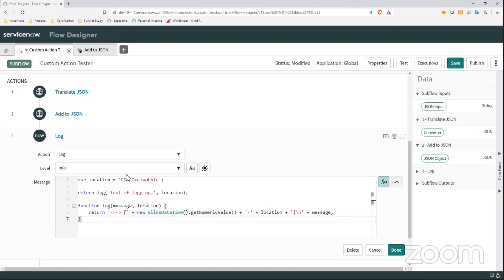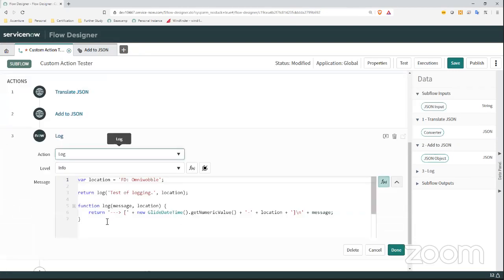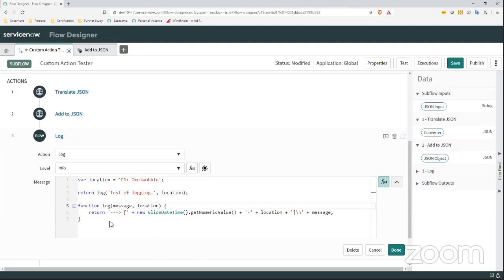so we're done. I'm going to close that, and we used an out-of-the-box function to log things out. It's not doing any logging here, but I wanted to show off that function capability. This is kind of cool. You can do quite a bit here. You can call into script includes, you can do all sorts of functions, you can create all sorts of stuff right here. I could have even embedded this as just an embedded function. But it gives you a huge amount of flexibility, even with out of the box